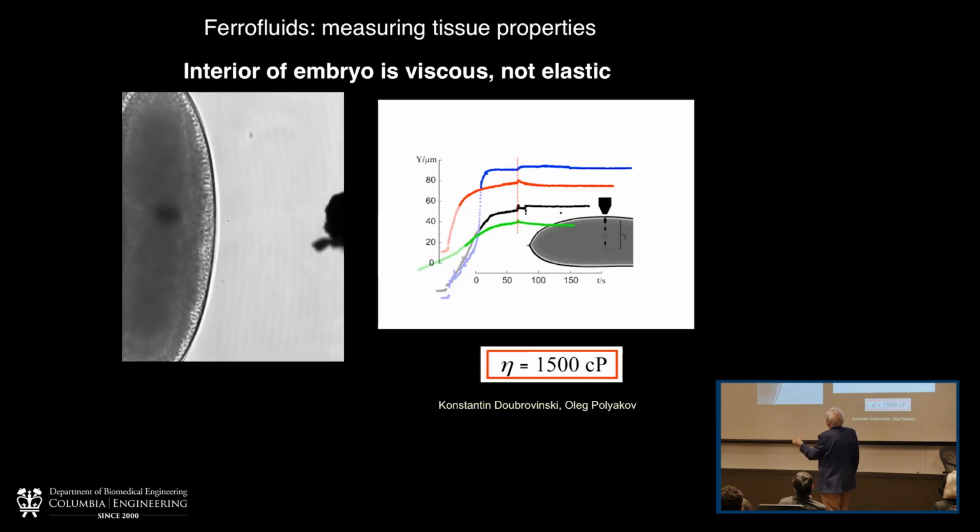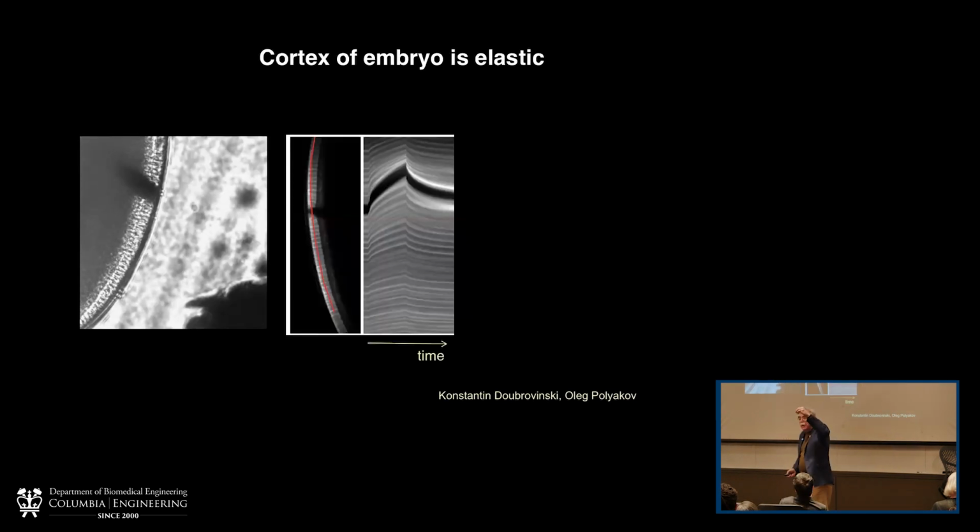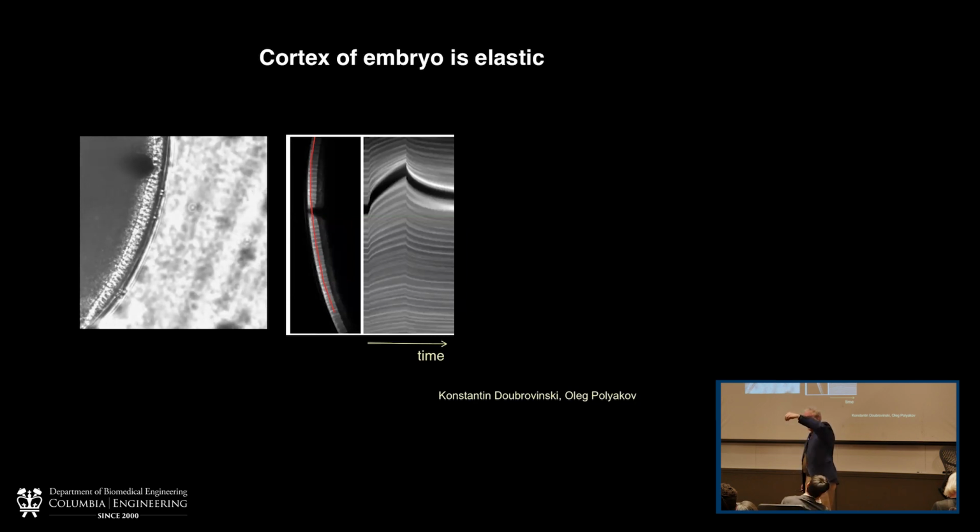In this experiment, Konstantin did this during the syncytial or acellular stages of mutants, and he put the droplet in the middle of the embryo and moved it through the cytoplasm. In these acellular embryos, everything appears viscous. In the next experiment, he embedded the droplet into the cortical cytoskeleton associated with the membrane. And now you can see a very different behavior.